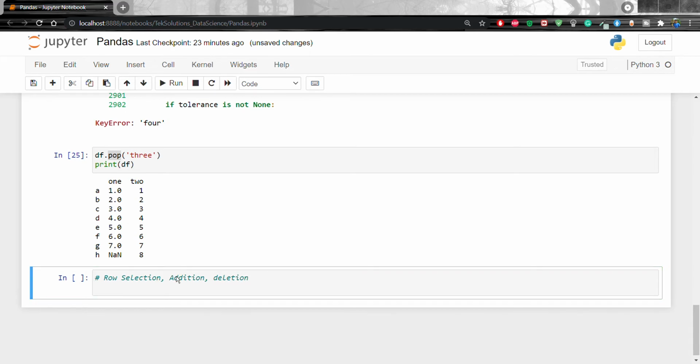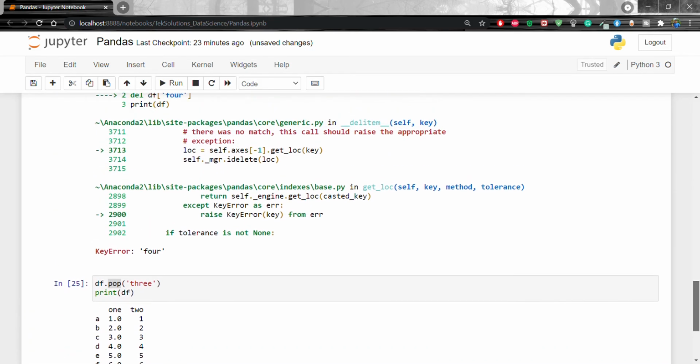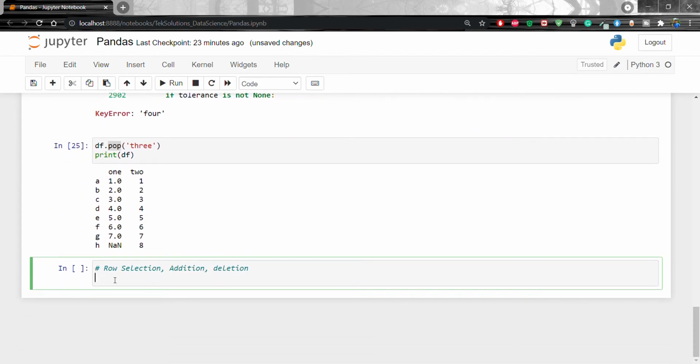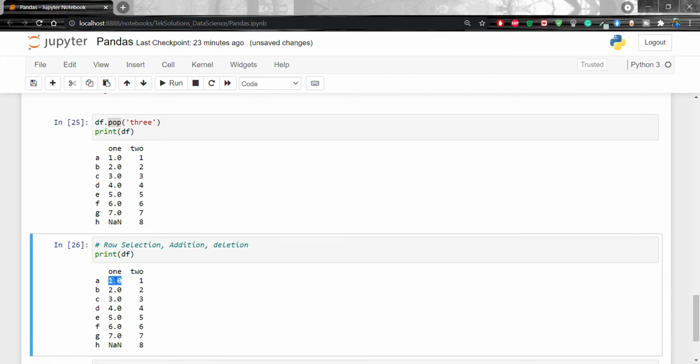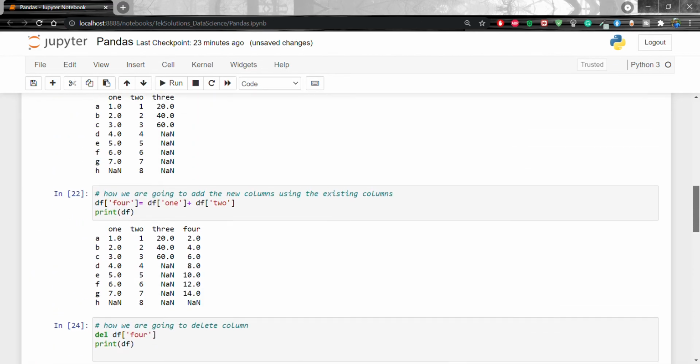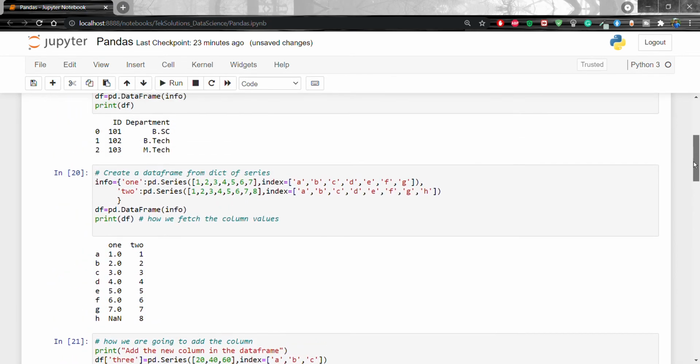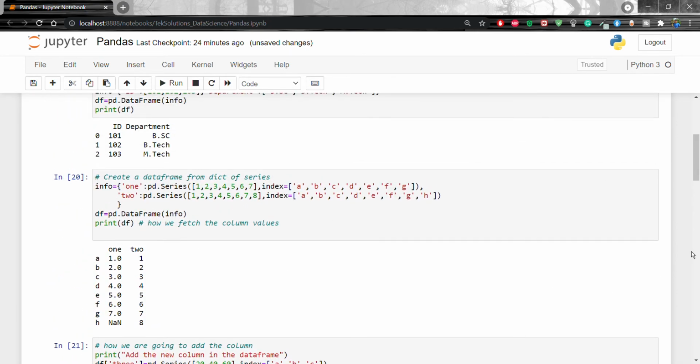So let's go one by one, how we are going to select the row. For that, first let's print the df, what the content in the df is. Okay, we have 1 and 2 only.